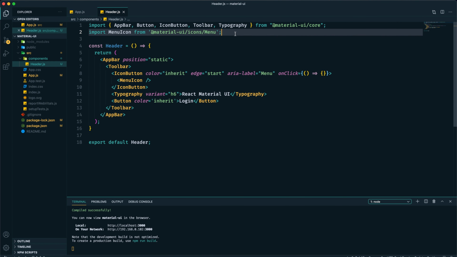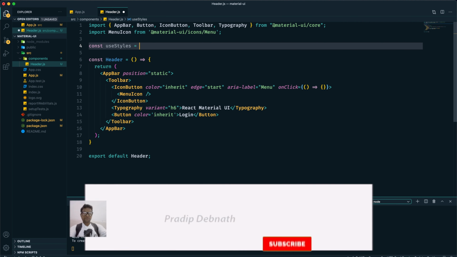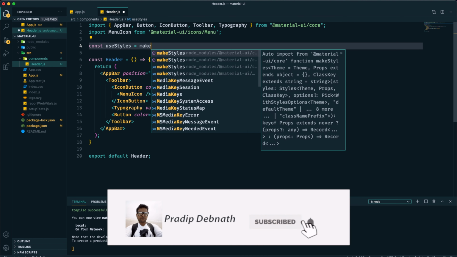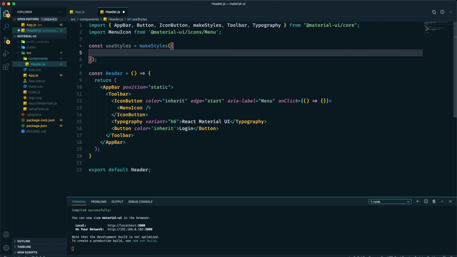So now it's working fine, but this section is getting messy. Now I want to push this button to the right hand side. For that we need to implement some custom styles to our Material UI component. So for that we need to create a const first, and here I will create this useStyle constant. Then we need to provide this make styles, and within this make styles we can provide the styles,